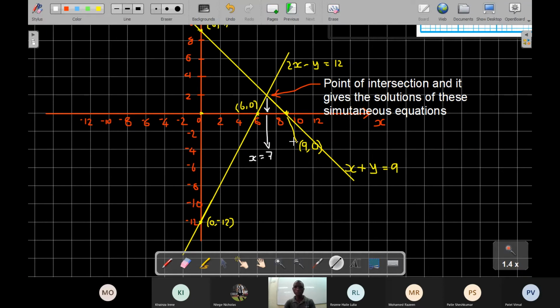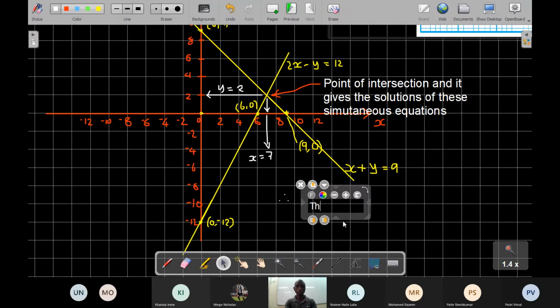Then on the vertical axis, also read this value. Read that value there, and that value is the value of y. So you find that the value of y which we are getting here, it is what? 2. So meaning that therefore the solutions